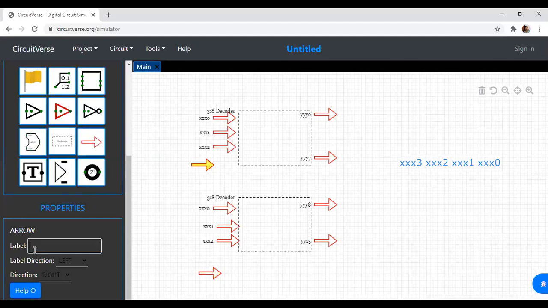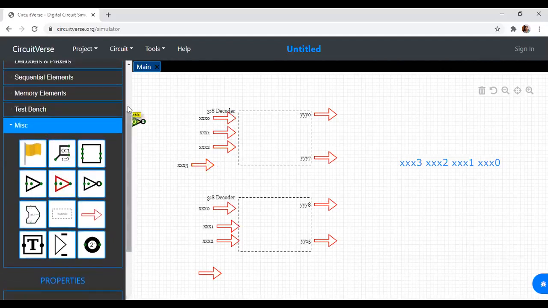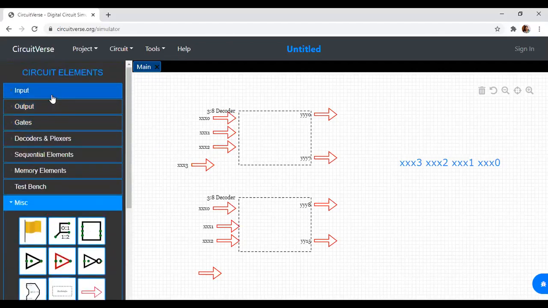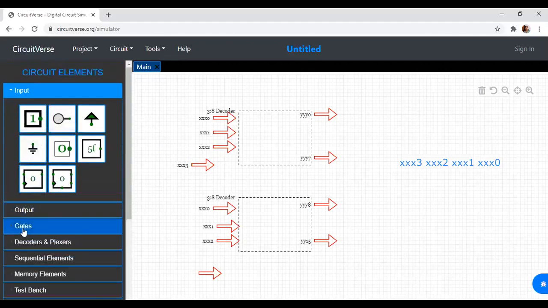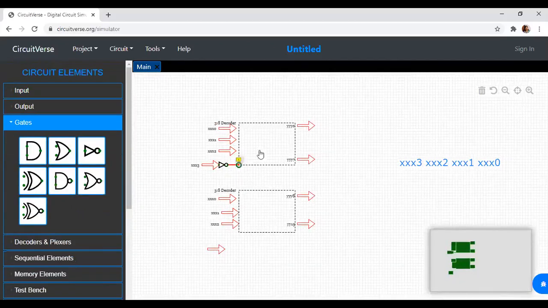So which is the signal over here? This is X of 3, which is going through a NOT gate. So I should give a NOT gate, because the complement only goes to this decoder, the previous one.